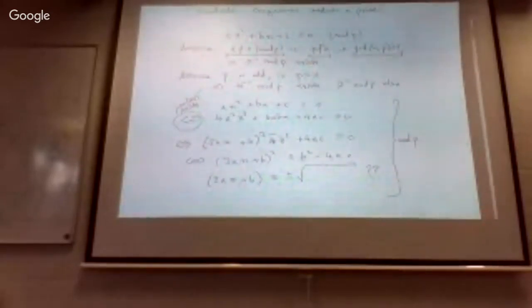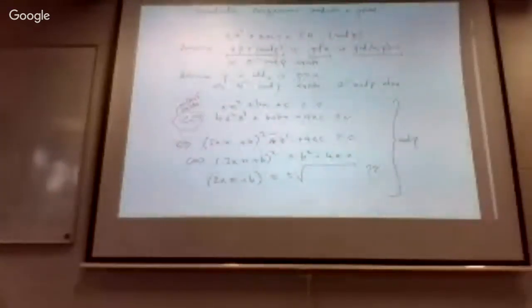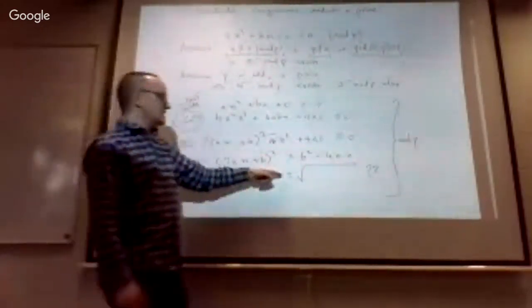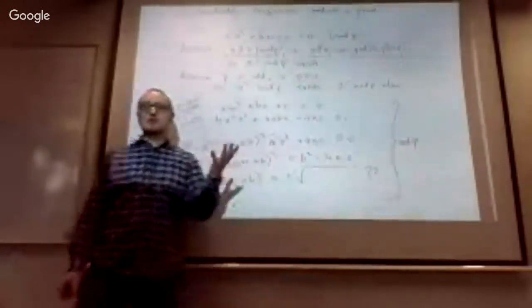We've never mentioned the notion of taking a square root modulo p up to now. Powers is multiplying things together. But we've never considered the case of taking an element modulo p and asking for its square root. Or how many square roots does it have? It might have 2 square roots, but